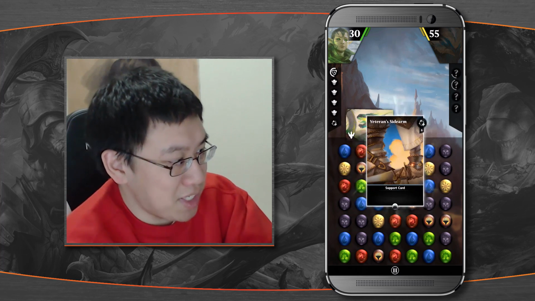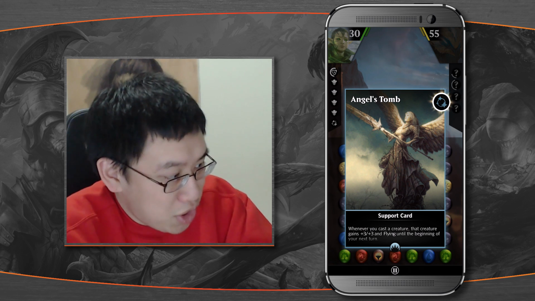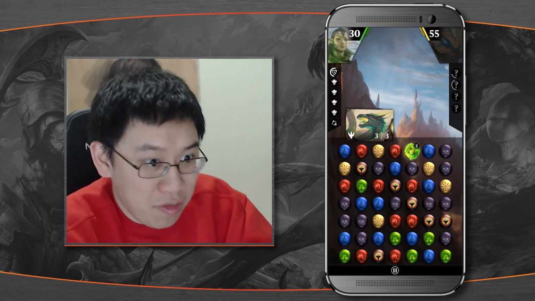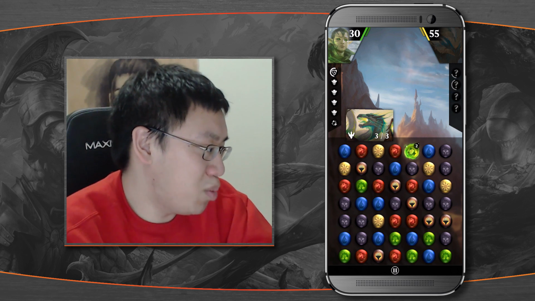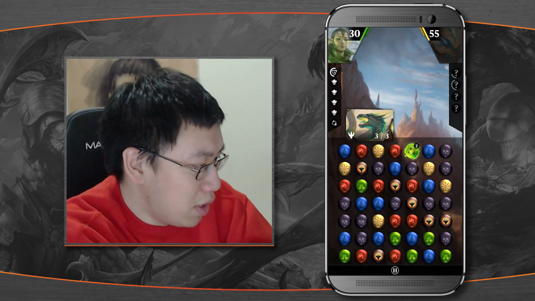The opponent just cast a support card, a pretty powerful one. Whenever a creature is cast by the opponent, that creature gets +3/+3 and flying until the beginning of your next turn. That stays on the board forever until that stone is broken. So I'm going to be looking to break that stone as a priority, which means connecting that with 2 other green stones whenever possible. I'm going to continue